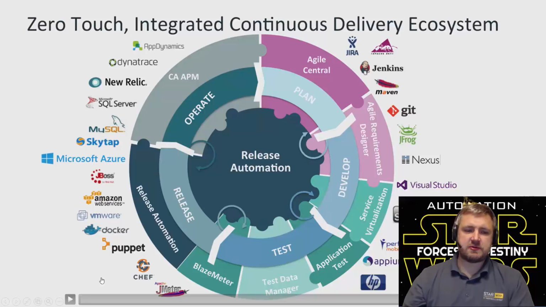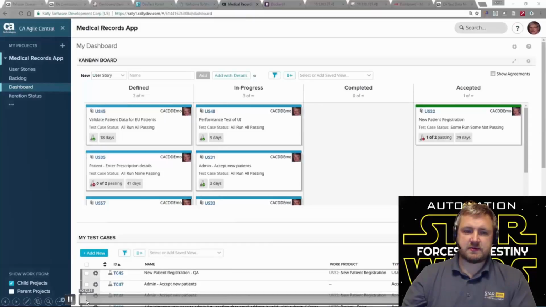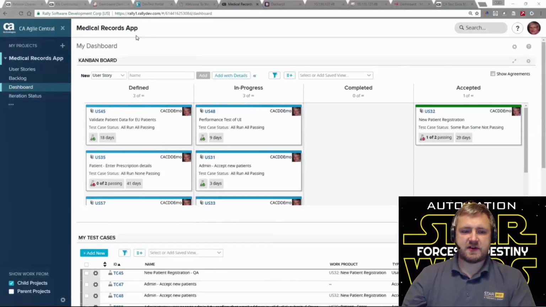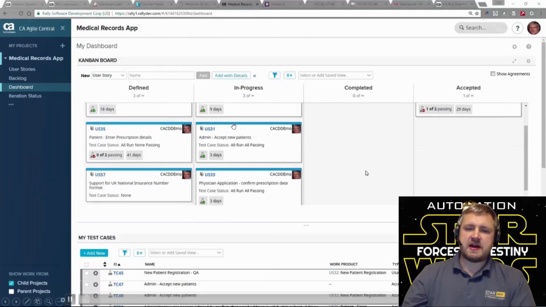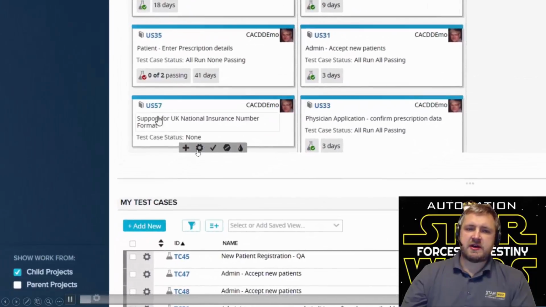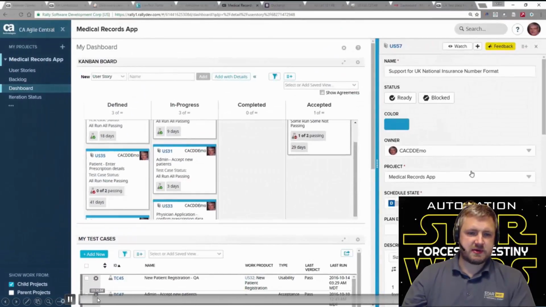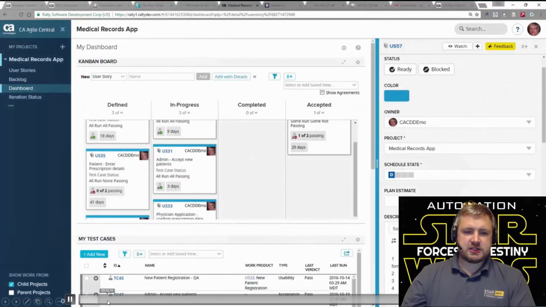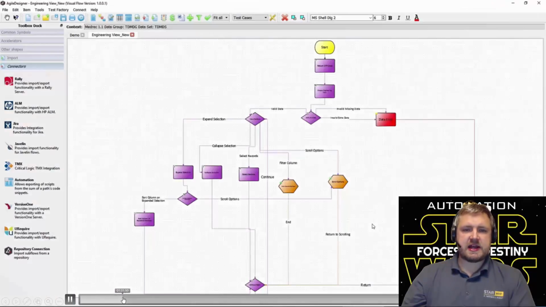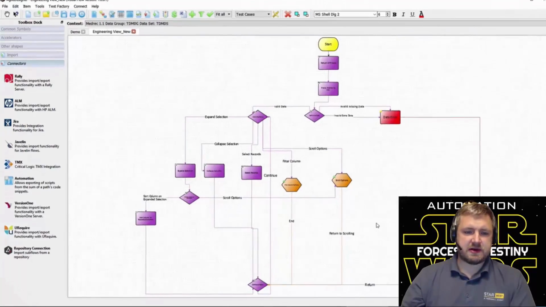Now I'm going to skip through quite a lot of this video, but I just wanted to give you a bit of an understanding of how all this stuff fits together in the real world. So this is going from a simple Kanban board kind of environment where you might have, for instance, performance test and also manual tests embedded in the same area. This end-to-end demo was done with my friend Keith, to then creating that in something like Agile Designer, which is what I've been talking about throughout this presentation.